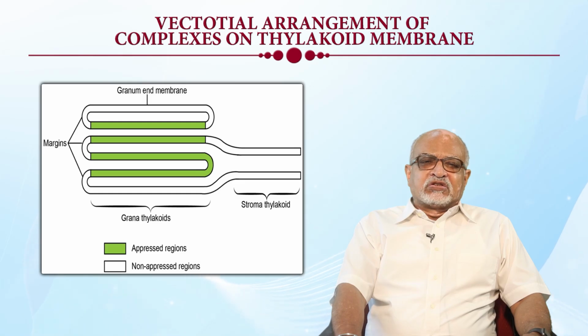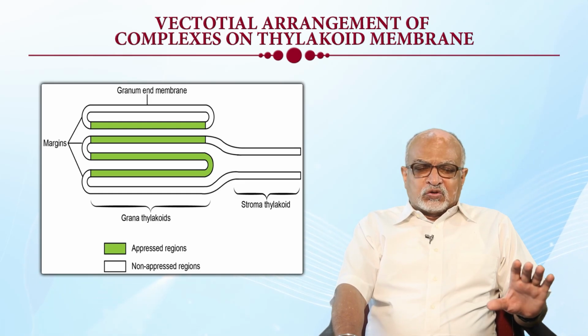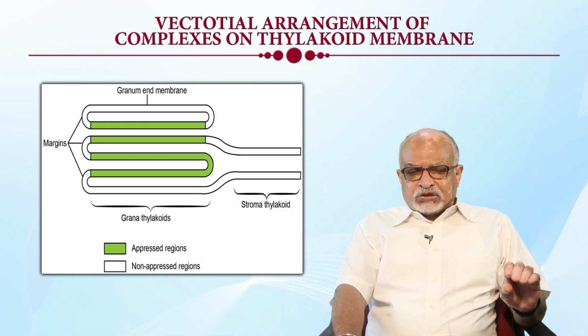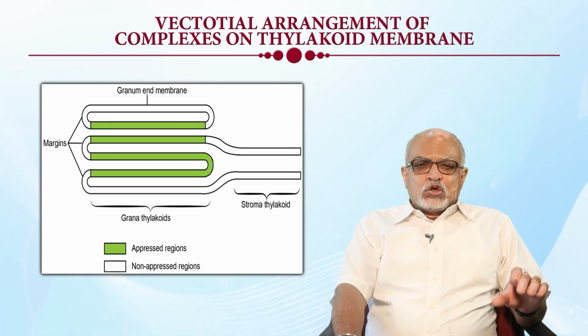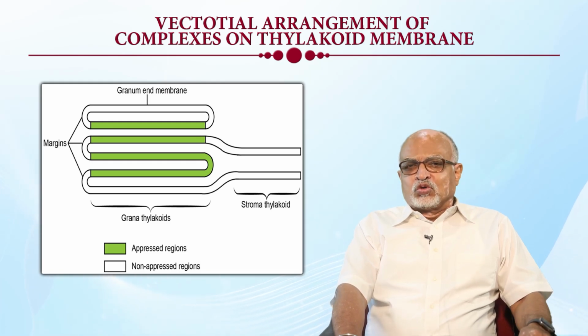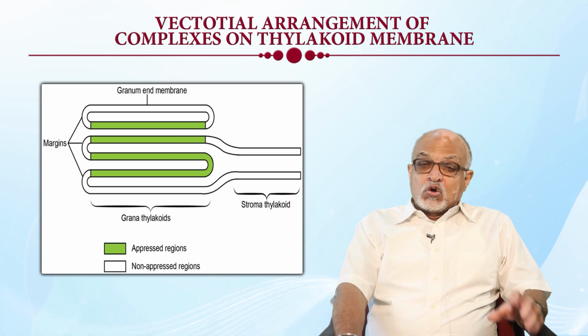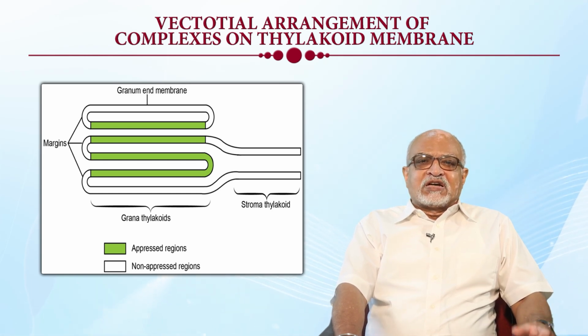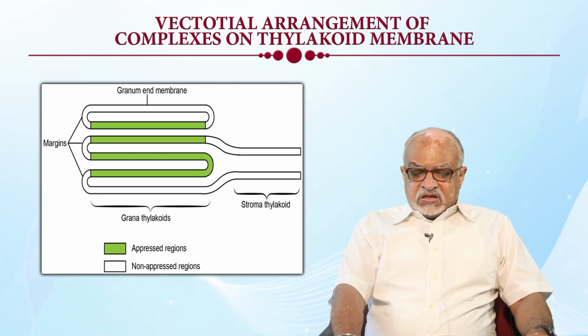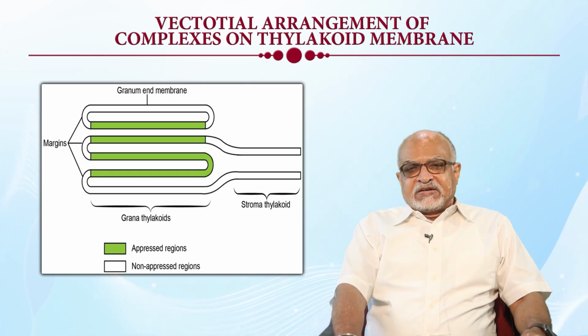As you can see on the screens, there are some portions which are naked or exposed, and they are not juxtapositioned to the other membranes. These are called non-appressed regions, which are shown to you in white. On the other hand, there are certain faces which are facing each other. So, we call it juxtaposition, and they are called the appressed ends